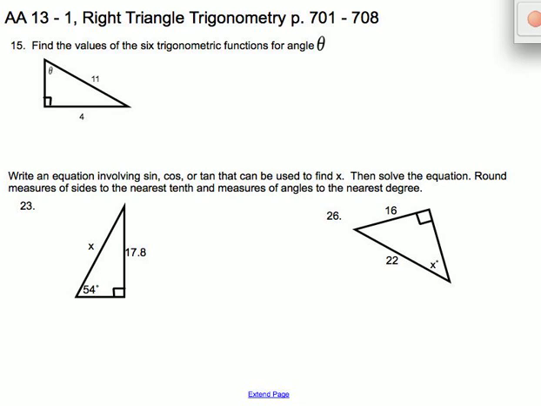Lesson 13.1, right triangle trigonometry. Last year in geometry, you dealt with some of the right triangle trigonometry, sine, cosine, and tangent. We're going to work with that this year, but we're going to add 3 more with it. When you're first going into solve any right triangle, as you did in geometry and algebra, you need to find